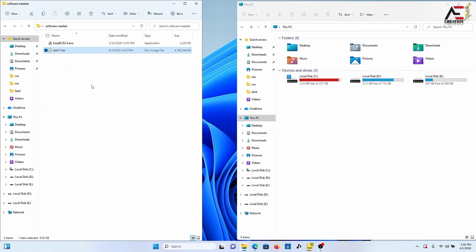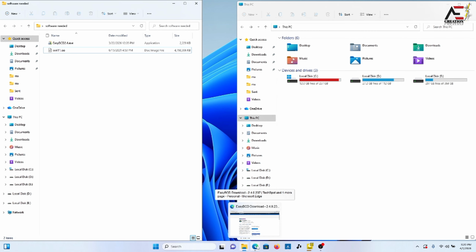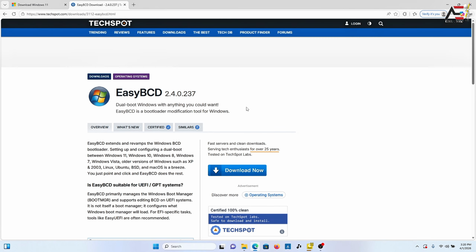Before we jump in, let's quickly understand what's happening here. Normally, when installing Windows, we use a USB drive. Your PC boots from the USB, then installs the operating system, right? But in this method, we create a separate partition, put the Windows ISO there, then use EasyBCD to add it to your boot menu. Before we start, make sure you have a Windows PC, obviously,